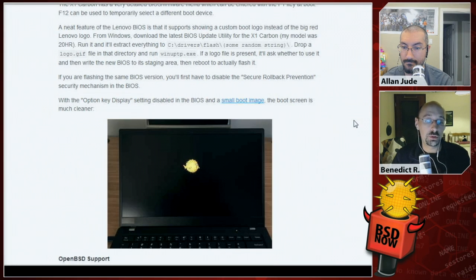F12 can be used to temporarily select a different boot device, so this is relatively common. A neat feature of the Lenovo BIOS is that it supports showing a custom boot logo instead of the big red Lenovo logo. So from Windows, you download the latest BIOS update utility for the X1 Carbon and run it and extract everything to some random string location on a disk and drop a logo.gif file in the directory and